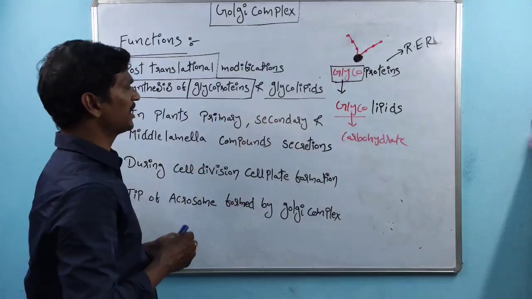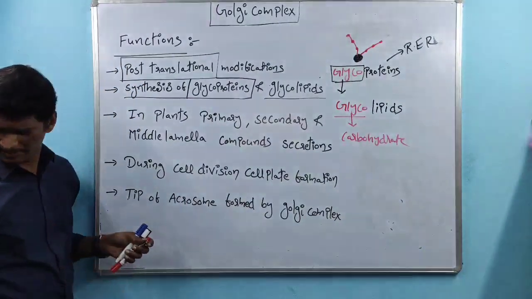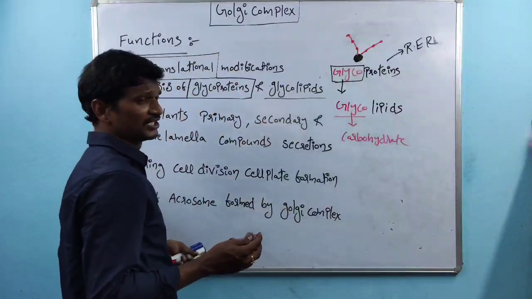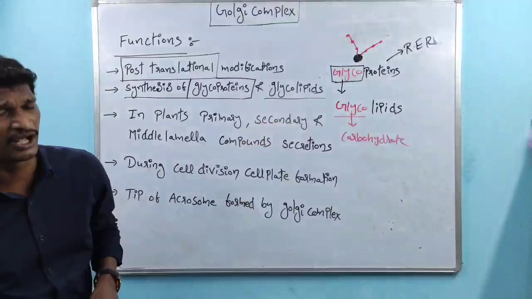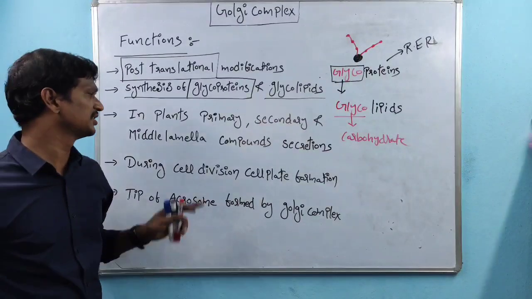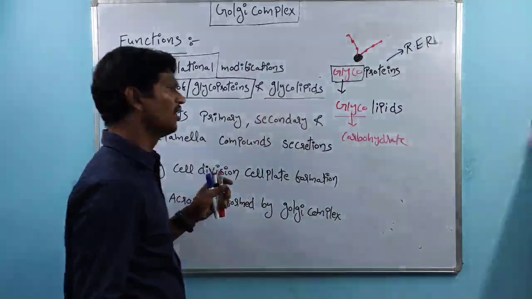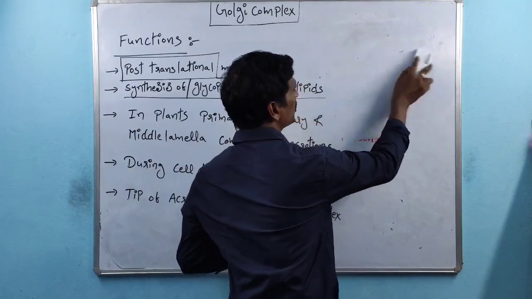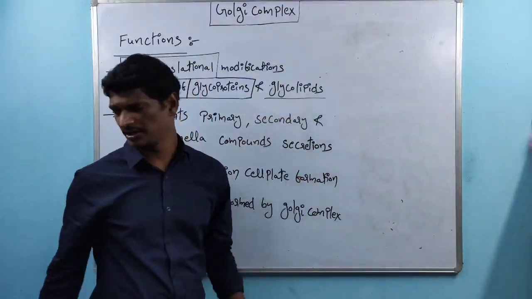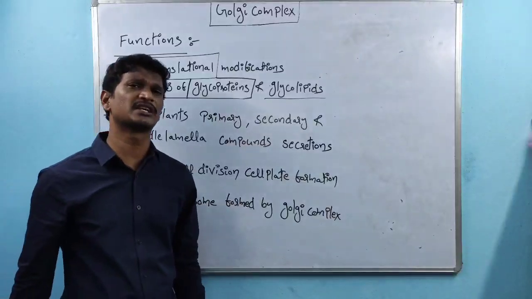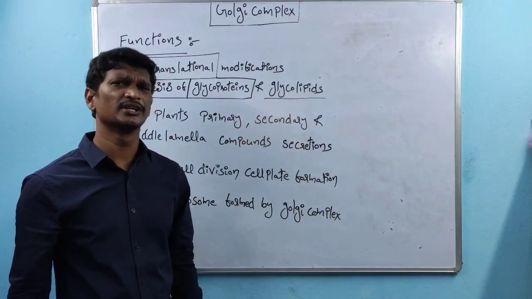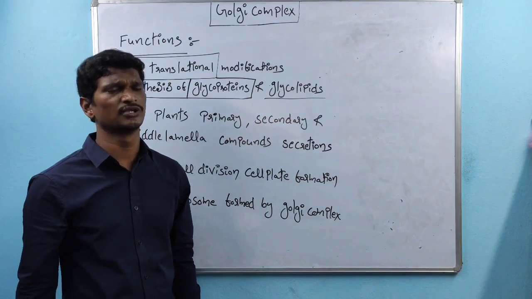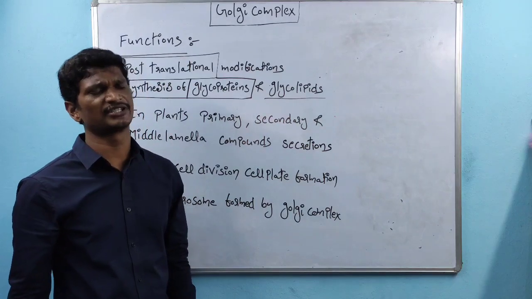And coming to the next one, in plant cells, a primary cell wall is there, a secondary cell wall is there, and a tertiary cell wall is there. Generally the tertiary cell wall is not seen in all plant cells. The middle lamella is present in all plant cells. If we recall that topic, the primary cell wall majorly has cellulose, hemicellulose, pectin, suberin. The secondary cell wall majorly has hemicellulose, cellulose, suberin, pectin, right?